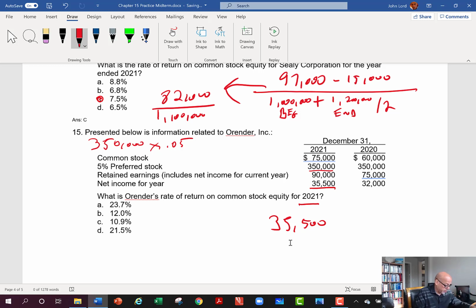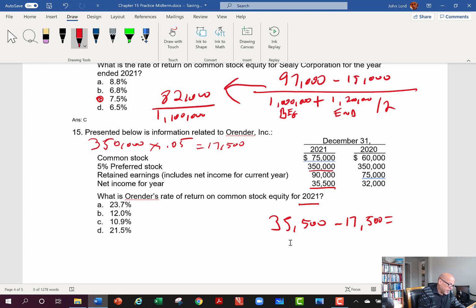So 350,000 times 0.05, just to make sure I did my math right, gives me 17,500 is my preferred dividend here, 17,500, right? Okay. Now when I pick up that 17,500, right,